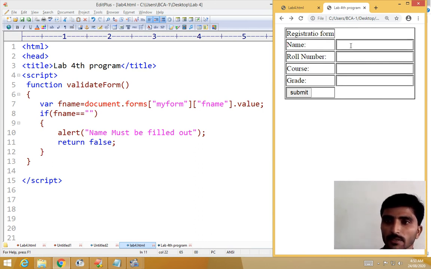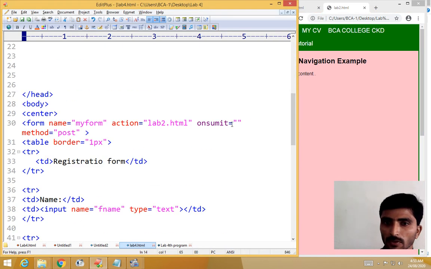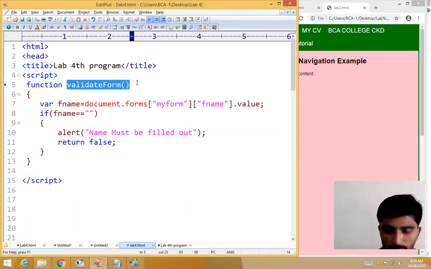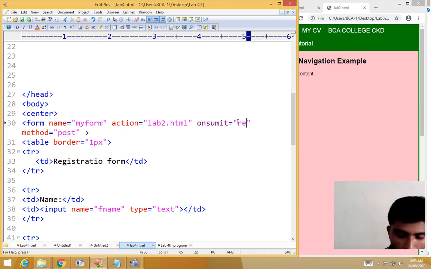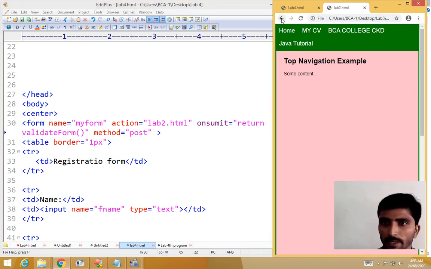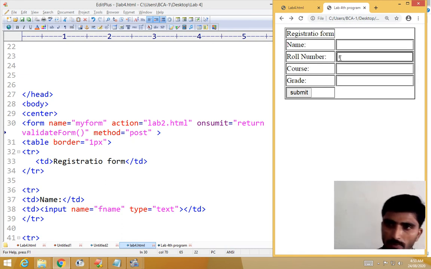I want to enter something, but I leave the first box empty. So now I enter, and again it goes. Why does this happen? See here, there is no function calling. First when you click, it should go to this function, so it should call this function. So just copy this function name, write the return, paste it, save. Now come back, reload this one, continue. Now you can enter whatever, for understanding purposes.